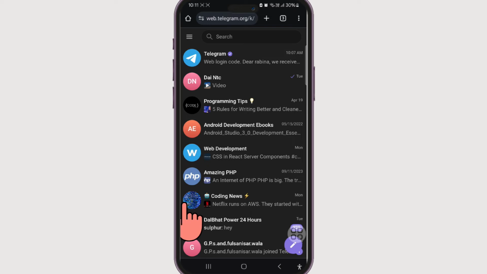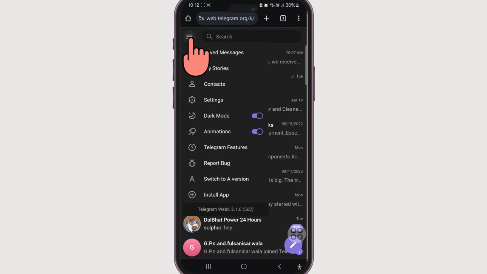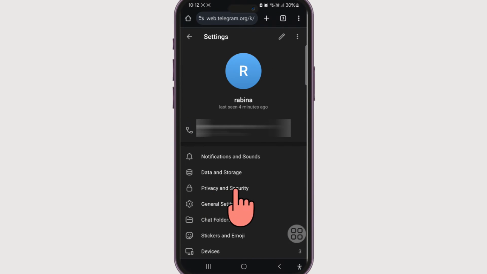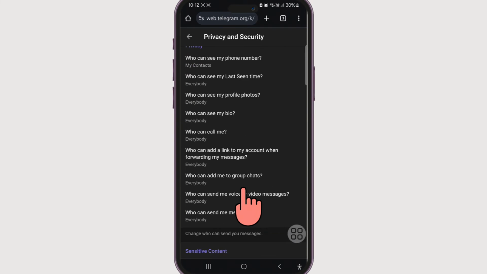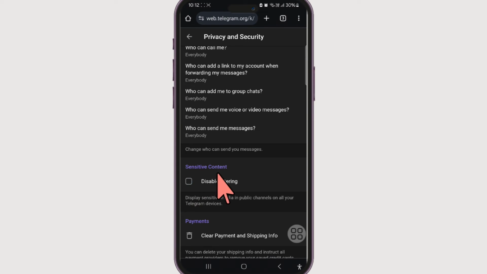Now we will be taken to our home page of Telegram. Now in here itself, at the left hand side, you can see a hamburger menu. Just select it. Now we want to navigate to settings. From there is the privacy and security option. Just select it. Now if you scroll down, there is a sensitive content section. Just tick this checkbox, and in your account the filtering will be disabled, which means sensitive media in the